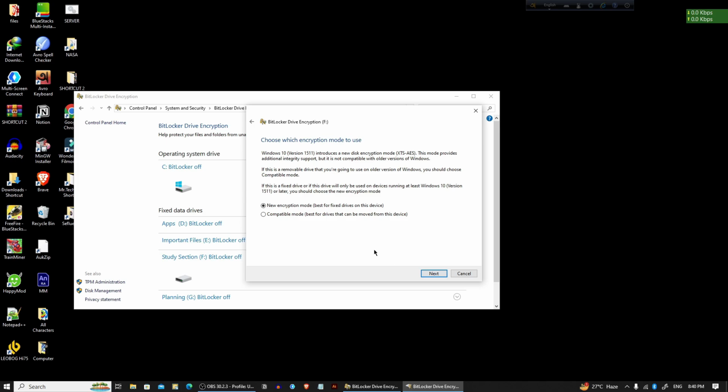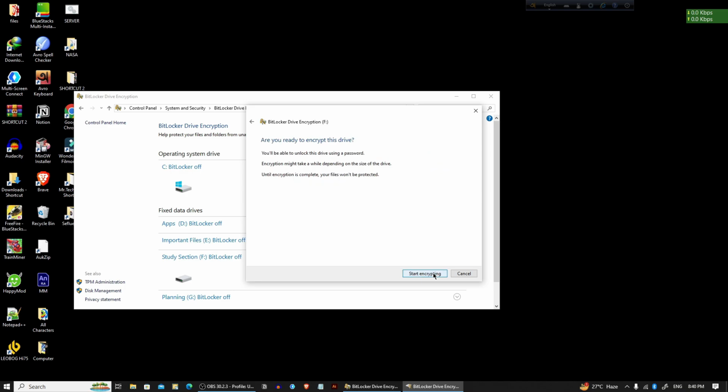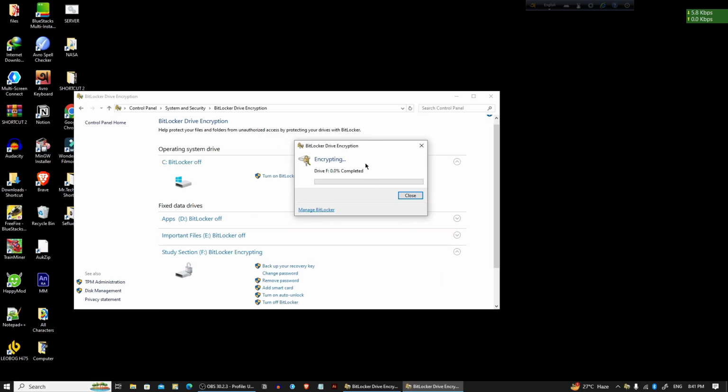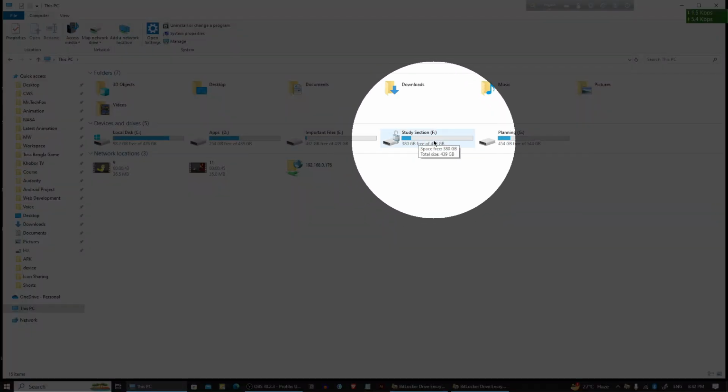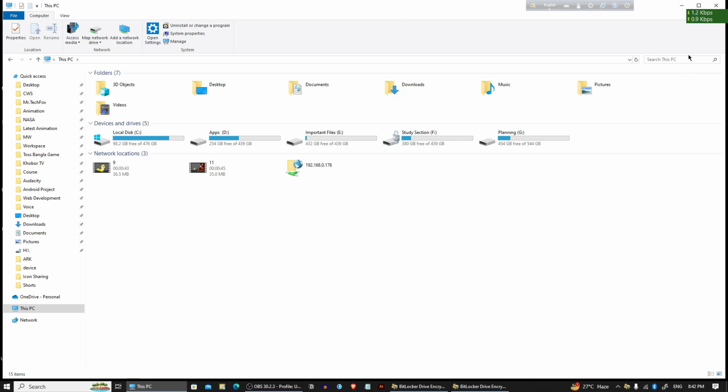If you are using Windows 10 or later, select the new encryption mode for fixed drives, or compatible mode for drives that might be used with older versions of Windows. Click Next. Finally, review your settings and click on Start Encrypting. The encryption process may take some time depending on the size of the drive. Once BitLocker is enabled, you will see a padlock icon next to the drive in File Explorer, indicating that it's